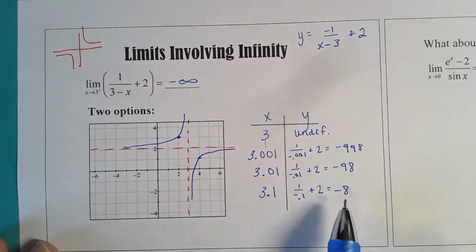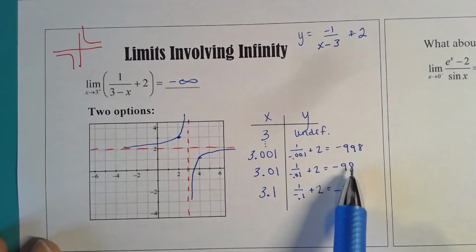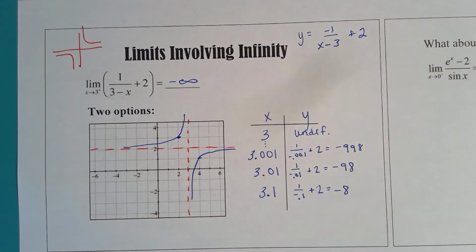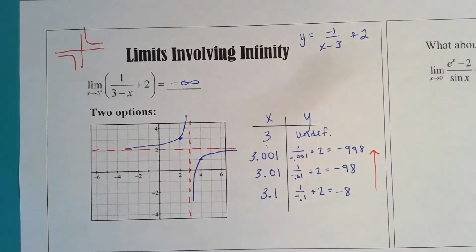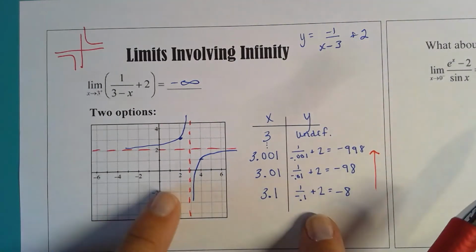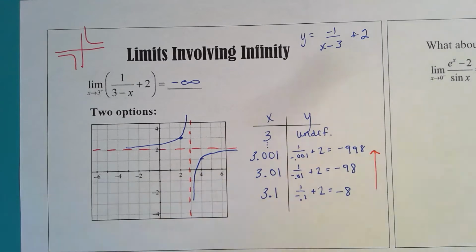So look at that pattern. Look at what's happening to the y values. As I inch closer to, I'm sorry, to x equals 3, my y values are getting large in the negative direction. So, I honestly think this took us much less time to graph it, but if you don't know what the graph looks like, start plugging in some numbers. Okay,